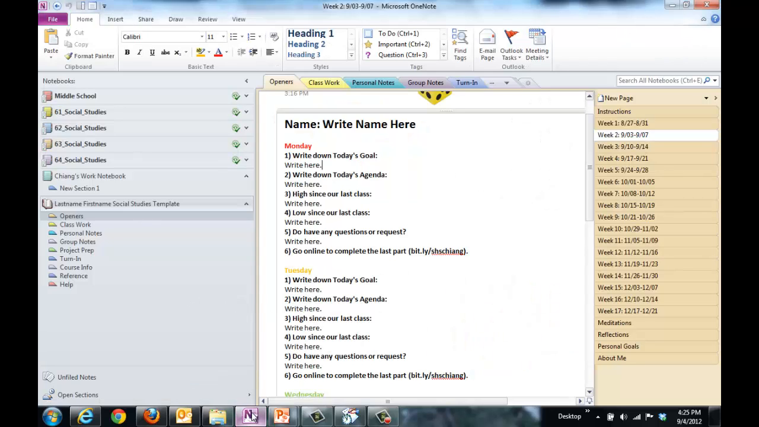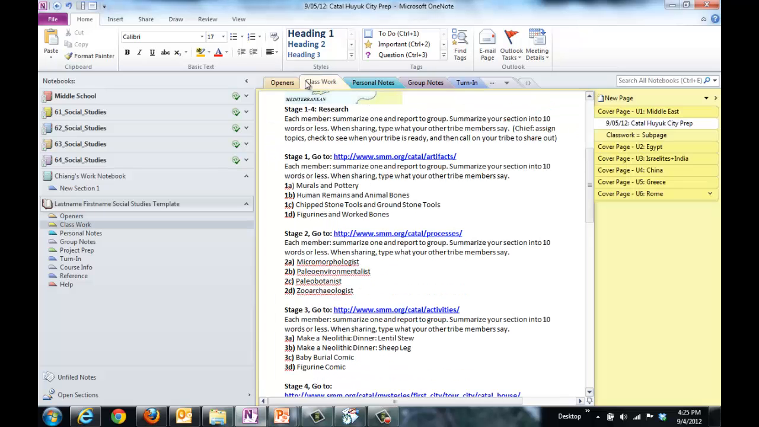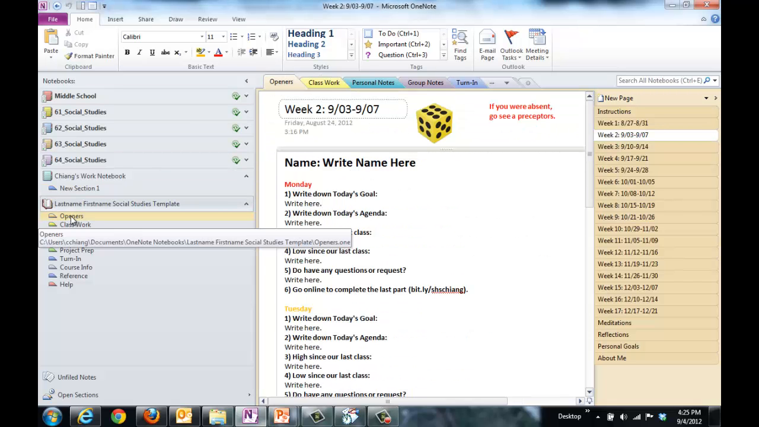to OneNote. And when you go to OneNote, you're going to go to Opener. So if I click over to Opener, do you see it's the first tab? And then on the right side, you see there are weeks. I'm going to click on the right week. Today is the 4th, so that is week 2. And let's pretend it's Monday. So under week 2, I'm going to go to the day it is, and I'm going to answer these 6